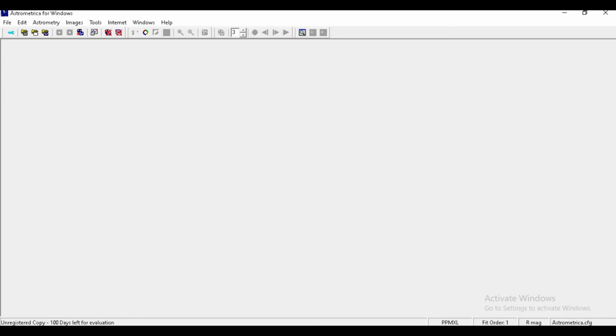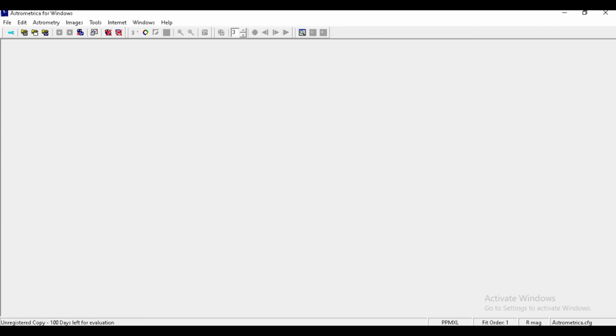PS1 configuration is the suitable configuration for Pan-STARRS. Pan-STARRS is a telescope whose data we will be using and analyzing in the Astrometrica software. Therefore, we need a configuration suitable for the instrument, the telescope, which we are using.